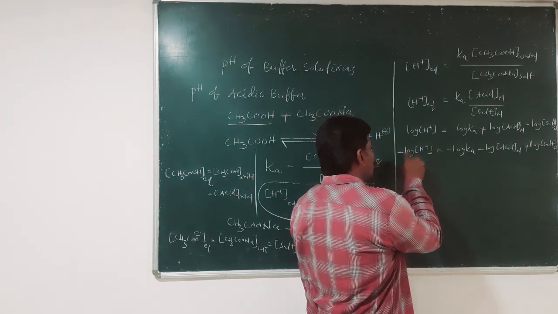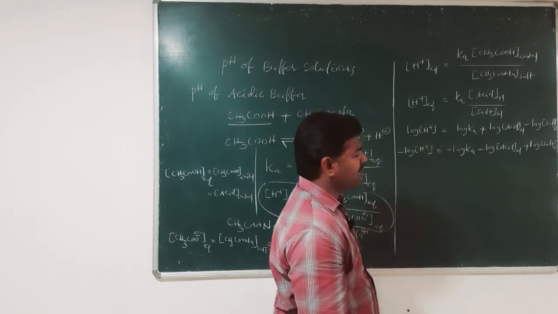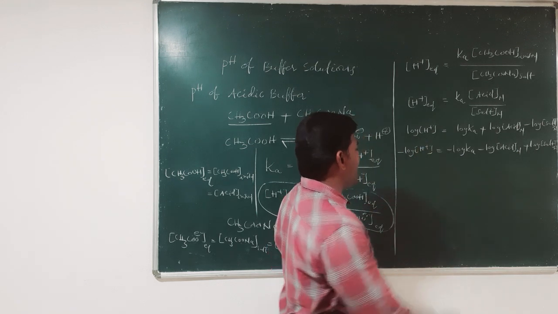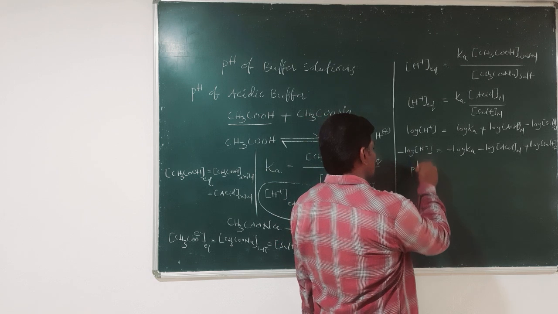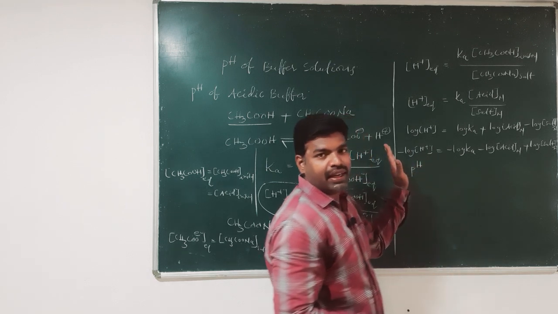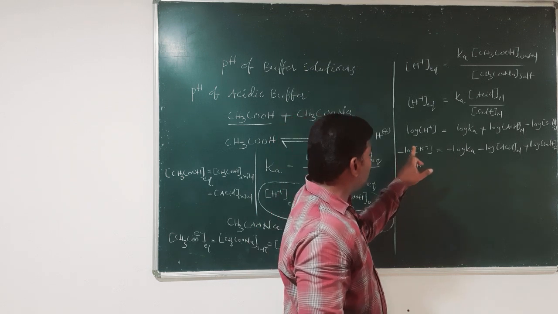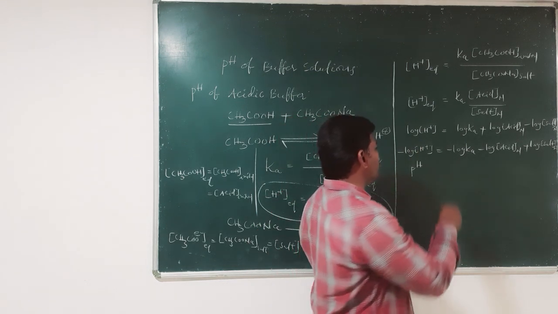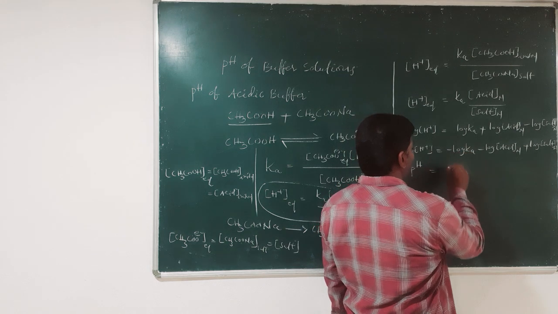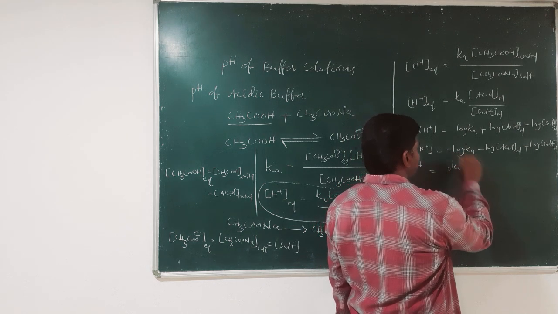So negative logarithm of concentration of H plus ions we can write as pH. For this sake I multiplied the whole equation with the negative sign. So negative logarithm of concentration of H plus ions is equal to pH, and minus log Ka can be written as pKa, and